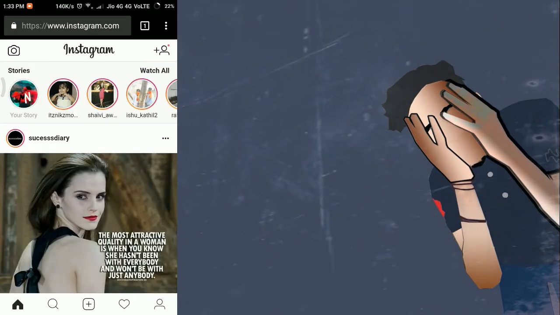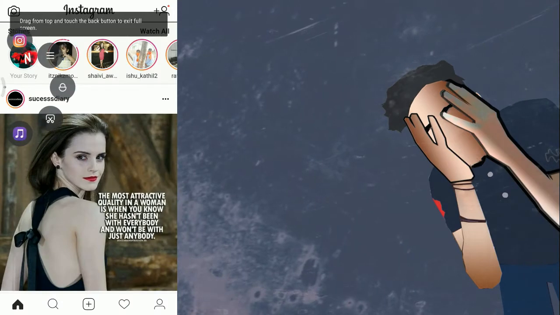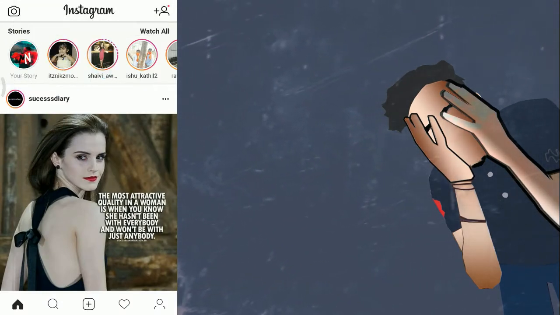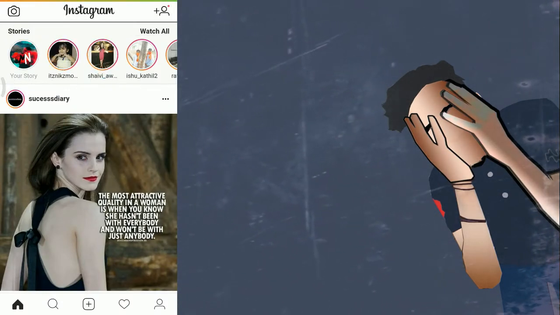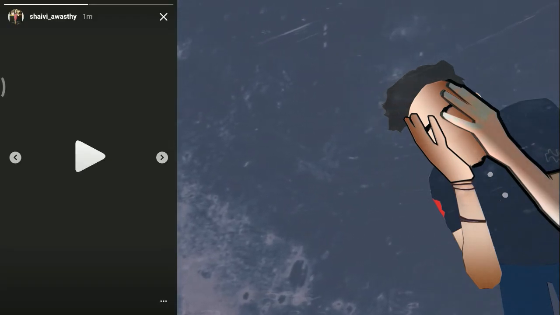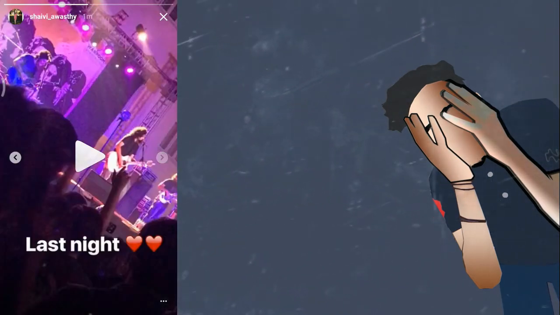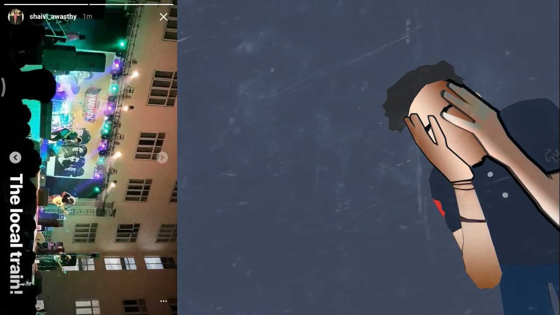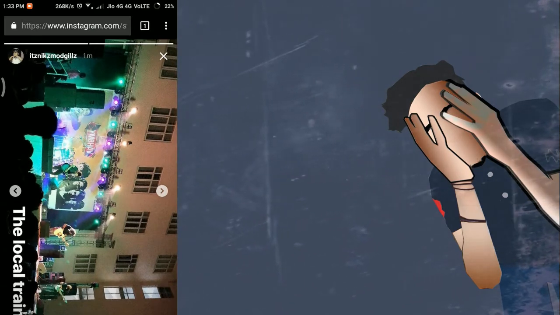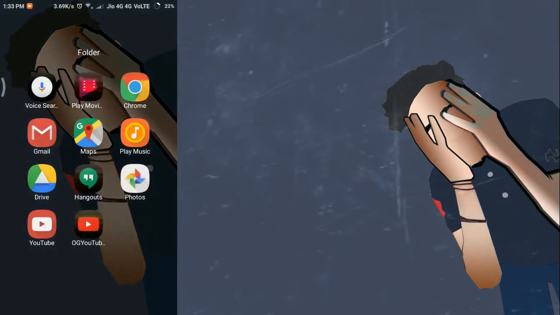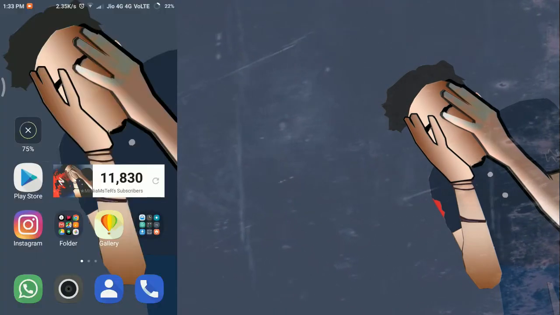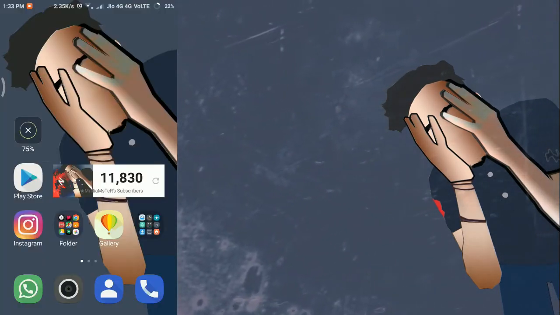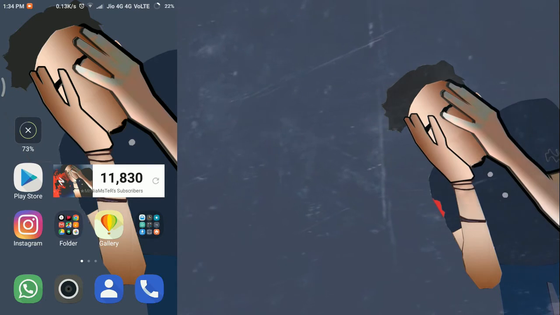Now let me just click on here, and it will basically open up the story itself, as you could see. Now if you want, you will just go ahead and screenshot it, and of course it will not send the notification, because we are out of the app itself. So this was the simple method, guys, about how you could basically screenshot without notifying the user,